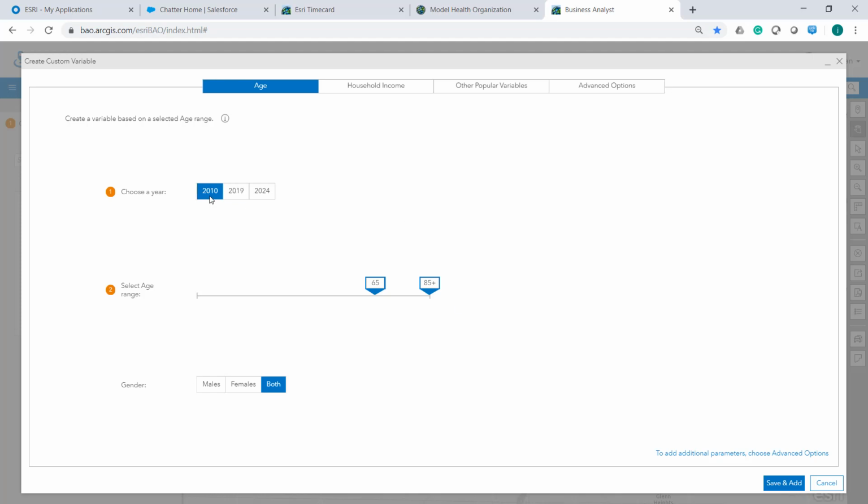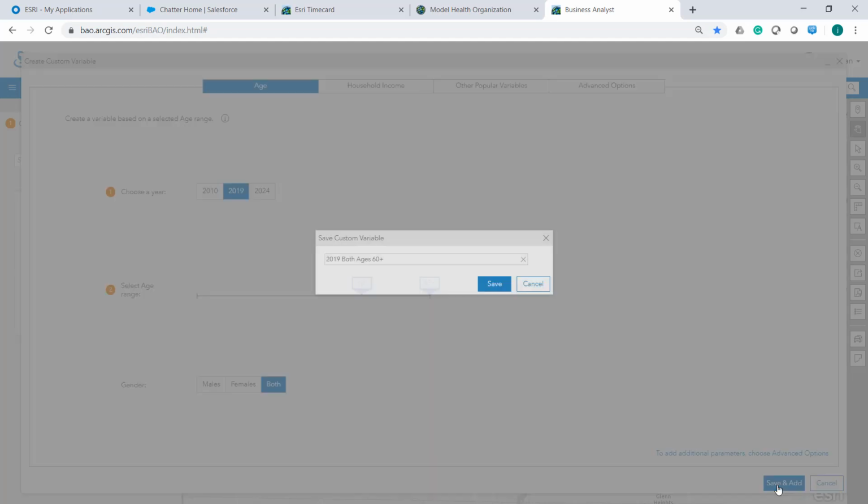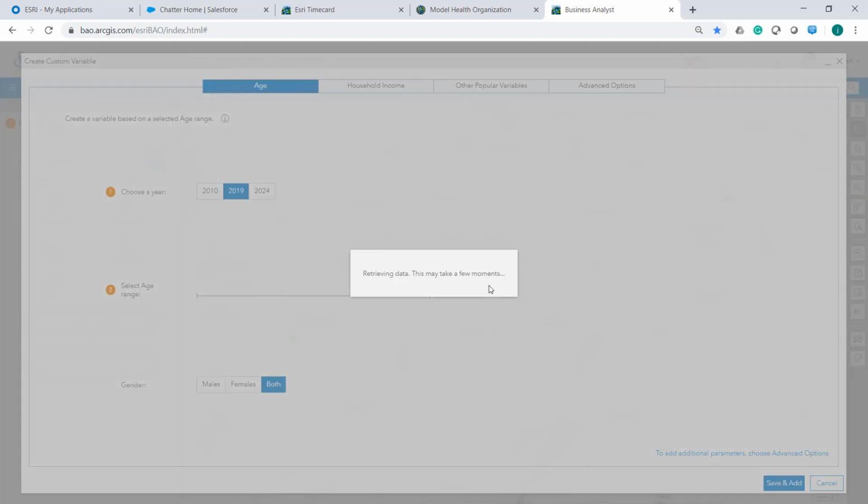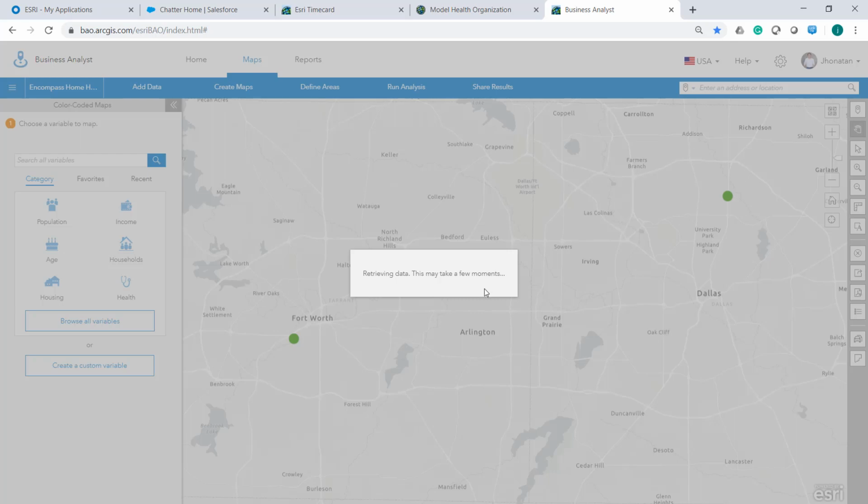I can use the 2010 Census Bureau information, or I can use the 2019 or 2024 projections created by Esri. For this case, I will use the 2019 data. Then I can specify my age range. So I just need to specify that range, and then I can select the gender. In this case, both. Let's save this variable, and in less than 1 minute, we will have this